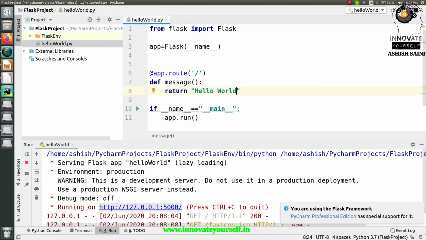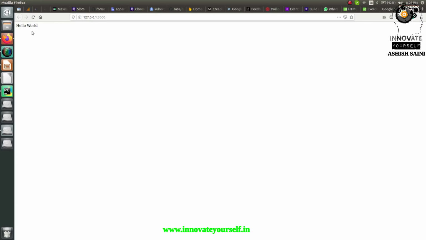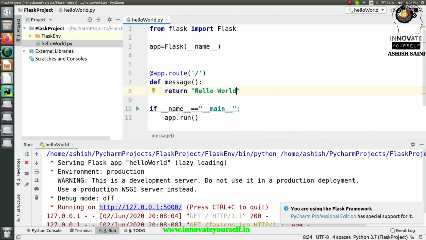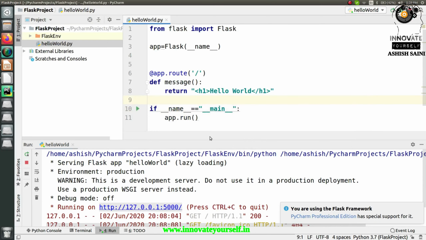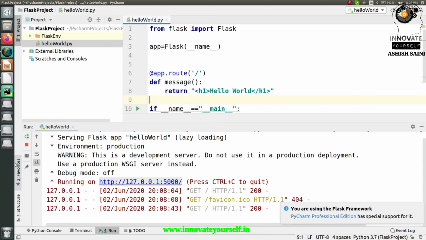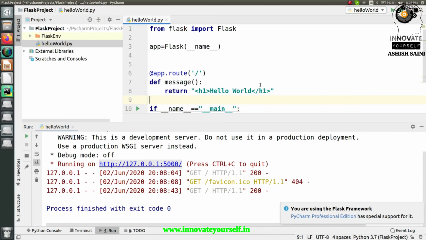Similarly, let me improve this as well, because you can see the font size is very small. So let me make it a heading, and accordingly I will use the HTML tag for this part, right? So let me run this, and I want to run it as per this heading one, right? Now I am saving it. Let's see, is it making any changes? No, it's not making any changes. So for now, just close it and rerun it.